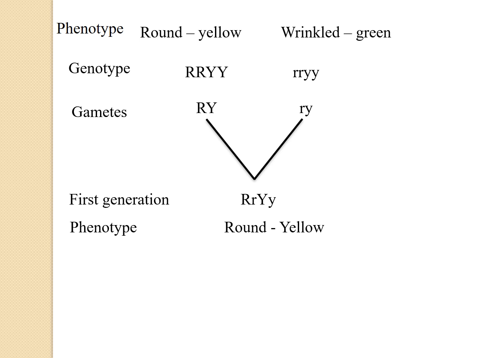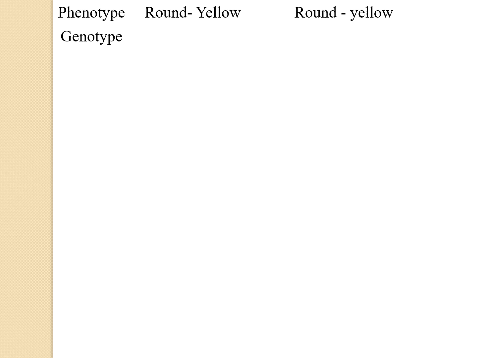This was very much similar to monohybrid, and this was simple. Why? Because you considered homozygous parents. Now let's see what will happen when you're considering heterozygous parents. So here my phenotype is going to be again round yellow, but genotype is going to be, I told you, heterozygous. That means this is what we are going to consider. In this condition, when you have two heterozygous parents coming together, what will the offspring be?